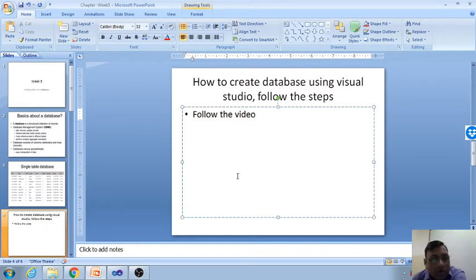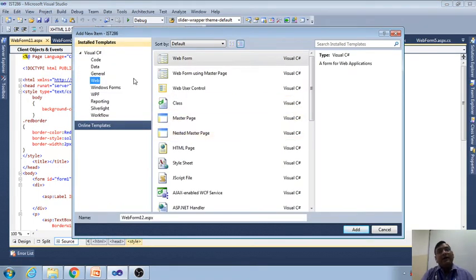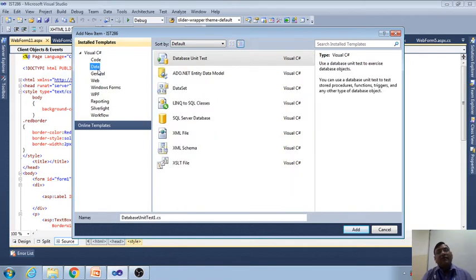Okay, so open Visual Studio. My Visual Studio is already open. To create the database, we will go to the project. You know, we are adding pages; in the same way we can add the database also. Add New Item, and here select Data from the left-hand side. This is important.